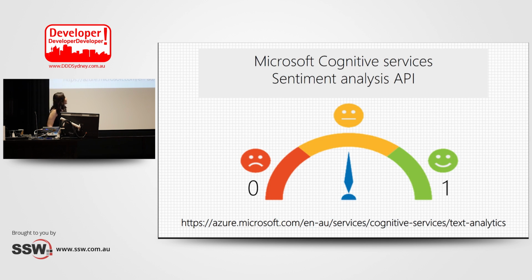All right. I use a sentiment analysis API to figure out whether the statement or the comment that the user provides to the chatbot is positive or negative. This API provides a score. The score returns a number between 0 and 1. A score close to 1 means that it's a positive comment, and a score close to 0 means that it's a negative comment.